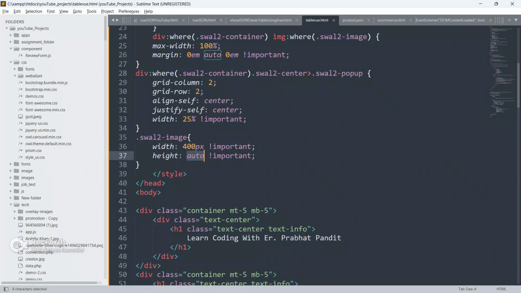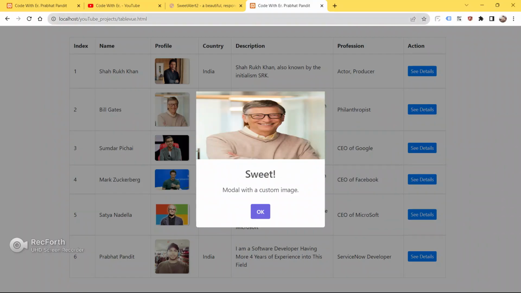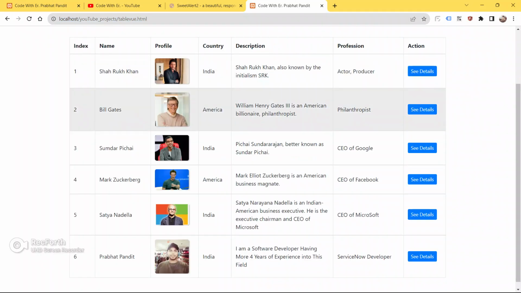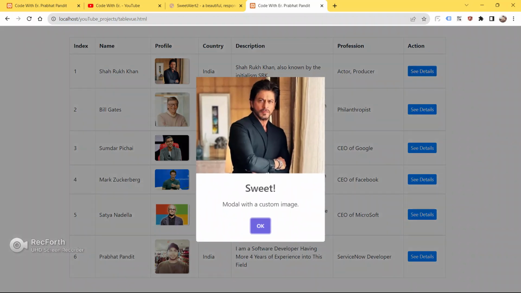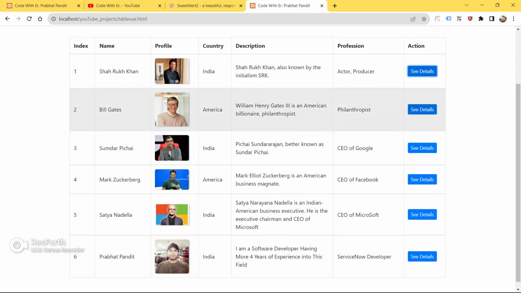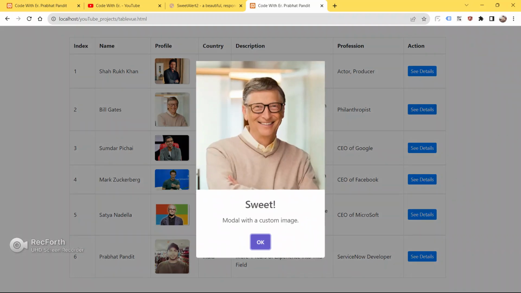I have given width 400 px and height auto. So now save your code, go to the browser and refresh your page. Now click the button. See guys, now it's looking cool, it's looking awesome also. Now it is fully dynamic and fully unique, and eye pleasing also.